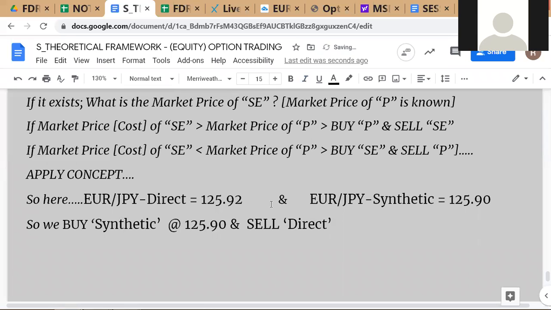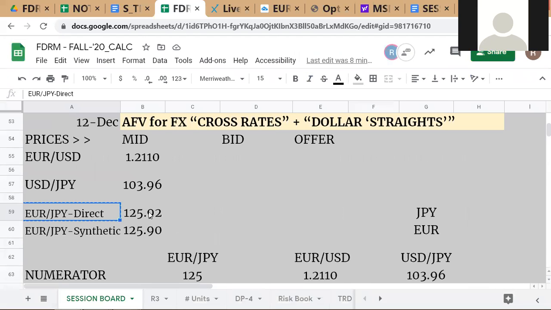synthetic market. Now this part is very clear, okay, because there is a market, so this part is very clear. We sell the direct market at 125.92. This is clear. We have assumed that these are actual prices. We have assumed that the mid is equal to the bid is equal to the offer, okay, in all these cases. So this part is very clear. I just go to the market maker here, I ask for a price in euro yen. He says 125.92 choice. Remember, the price will be quoted as